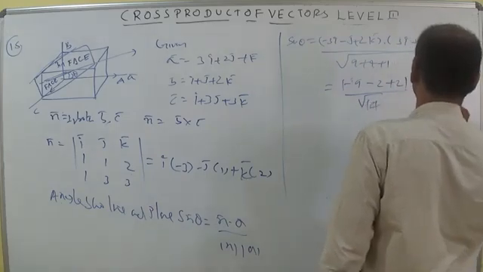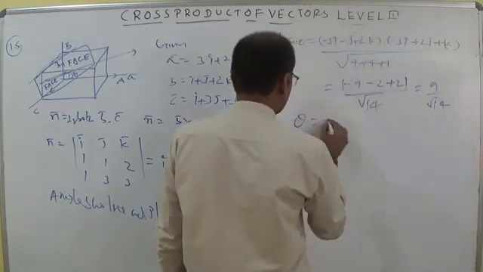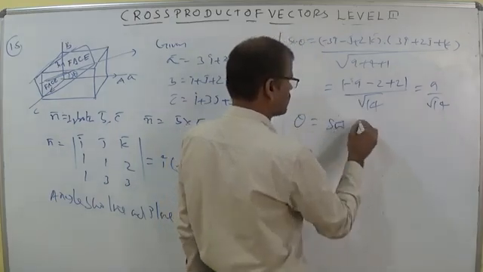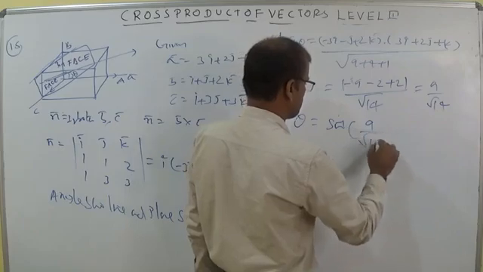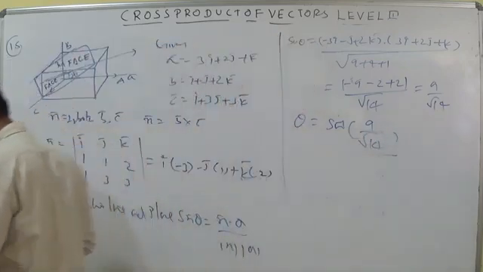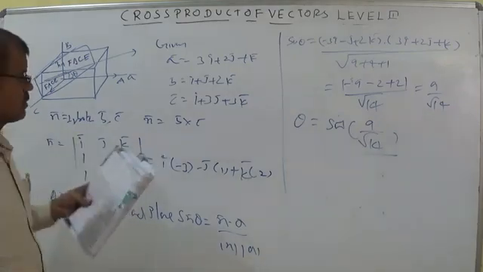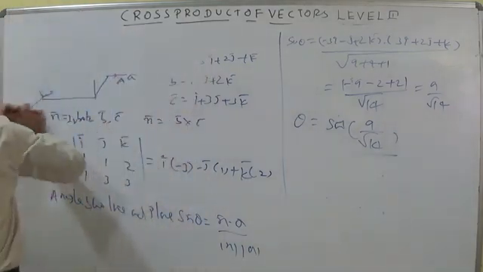So if we calculate the acute angle, theta is equal to sin inverse of 9 by root 14. Theta equal to sin inverse, yes, it is correct. Third option. Next, let us discuss the